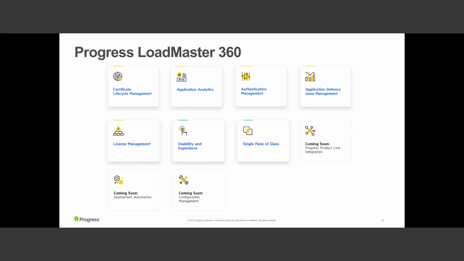So with this, what we have done is that we have leveraged one of the products in the lineup for deployment automation. In the coming soon section, you see that Progress Chef is the configuration management, policy management, and enforcement engine. So yes, this is going to be super cool because this is going to give you a functionality of not needing to go anywhere, and this is going to be your